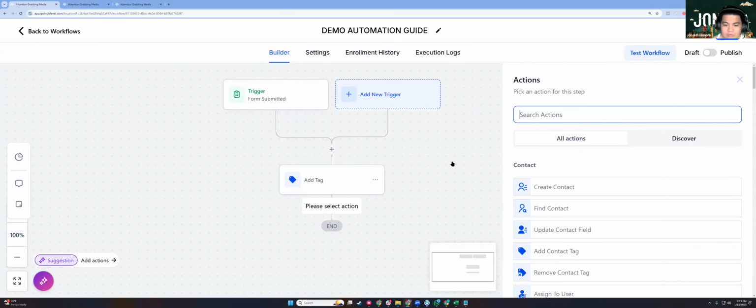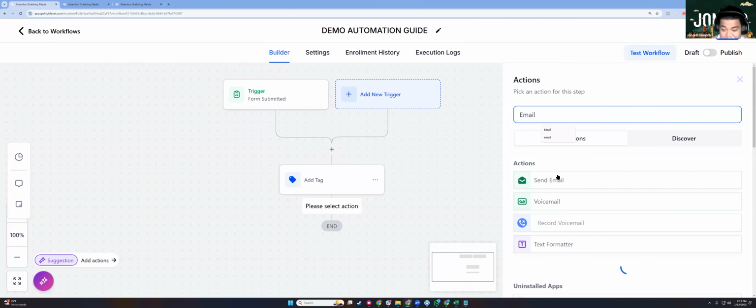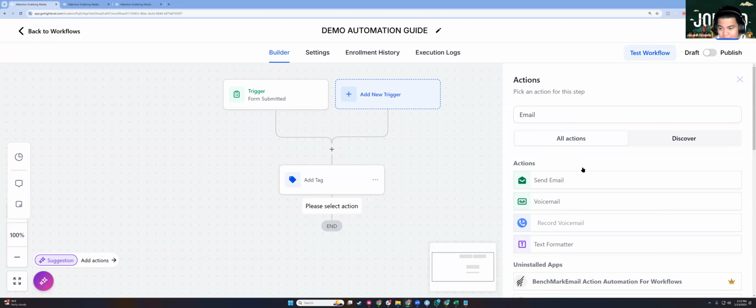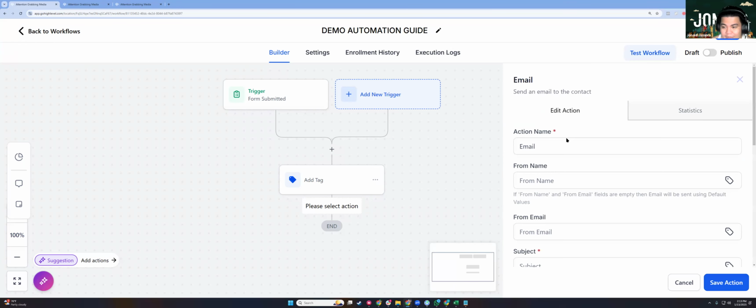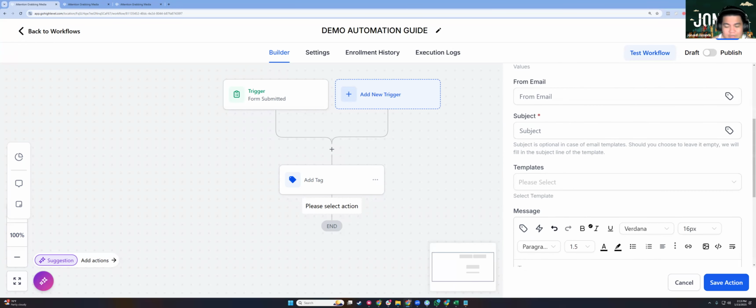Next step is to, again, click the plus icon, search for email. We're now going to send email as the first option here for actions. And you can manually create the email here, but since we created an